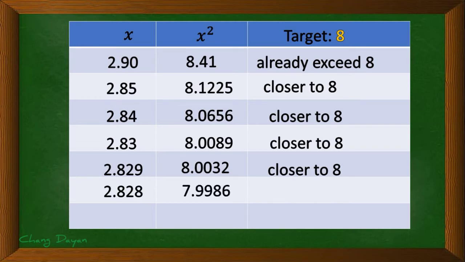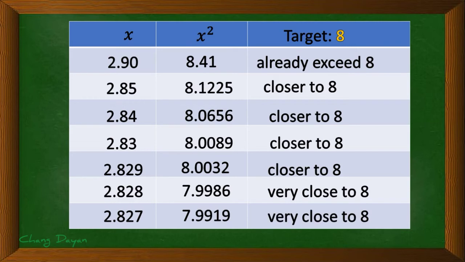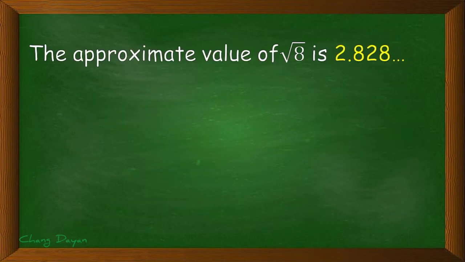2.829. That is 7.9986 kapag in square. And that is very close to 8. Next is 2.827. That is 7.9919 kapag in square. Very close to 8 din. So, kung mapapansin nyo dito, ang pinakamalapit sa ating target na number 8 ay 2.828. So, we have the approximate value of square root of 8 is